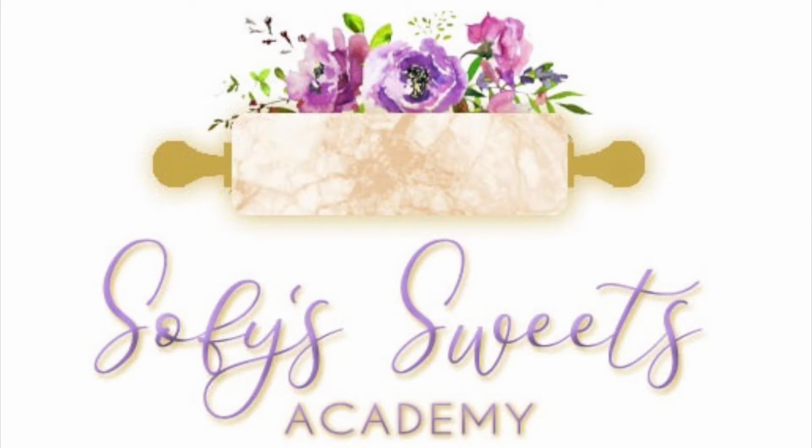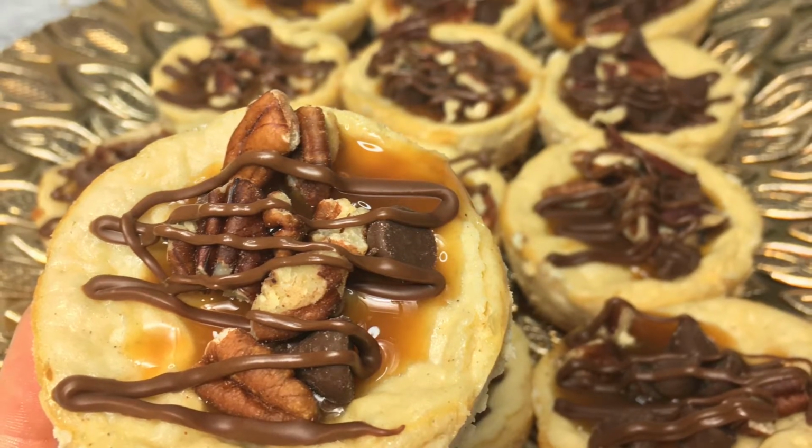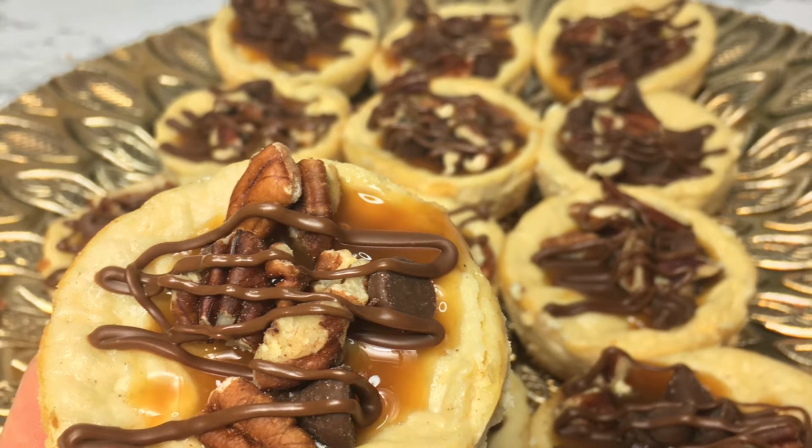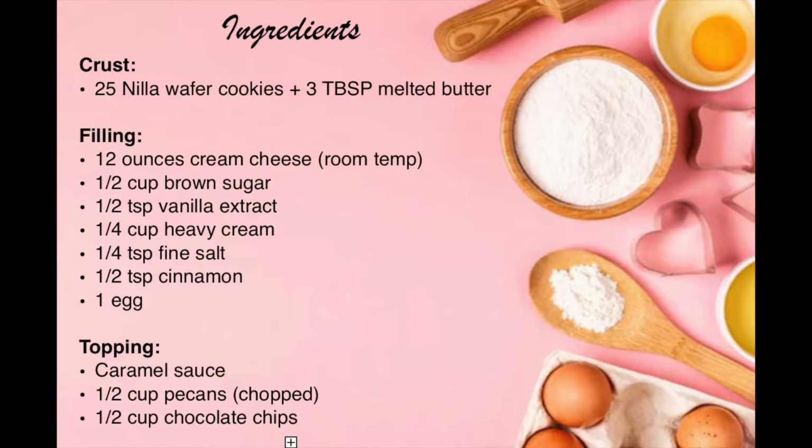Today I'm going to show you how to make these delicious vanilla wafer crusted turtle cheesecakes. If you like pecans, chocolate, and caramel, then you'll definitely want to make this. Let's get started. The ingredient list is a little long today, but I'm sure you have a lot of this